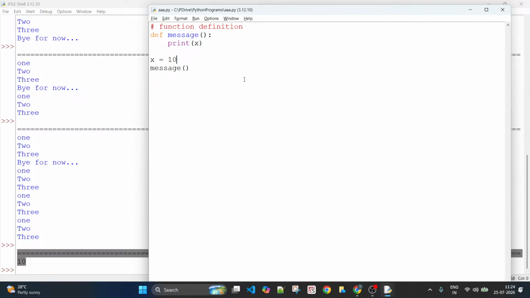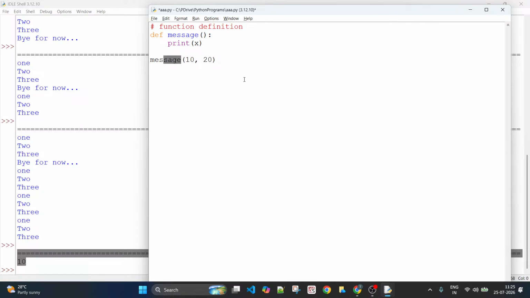Now, what if I have two variables, and I want to get the sum of these two variables, right? One way to do this is you can just mention 10 and 20 in the calling statement itself. When you have written some code like this, these are called arguments. Arguments are nothing but the data that you pass to a function during its calling.